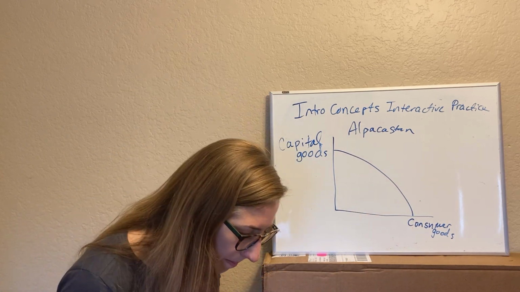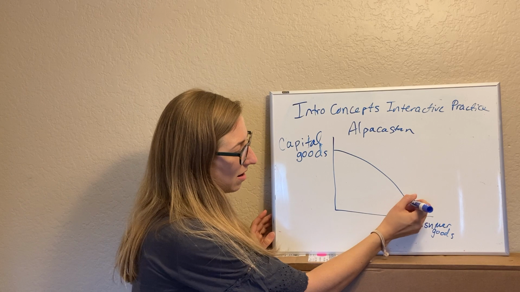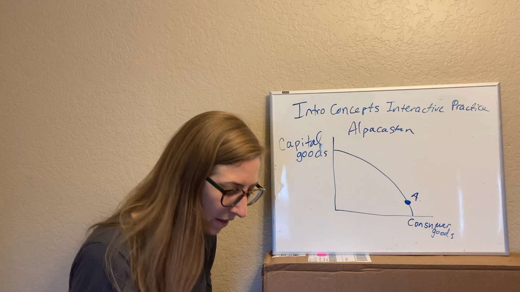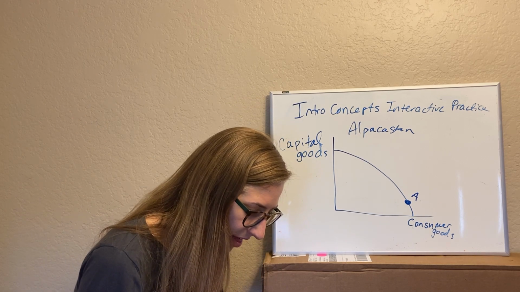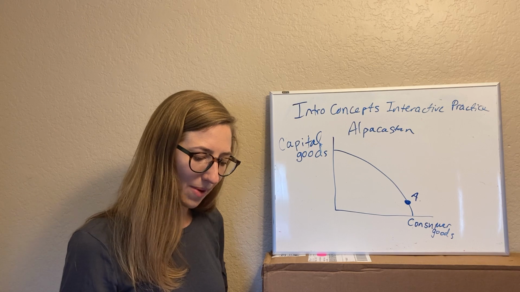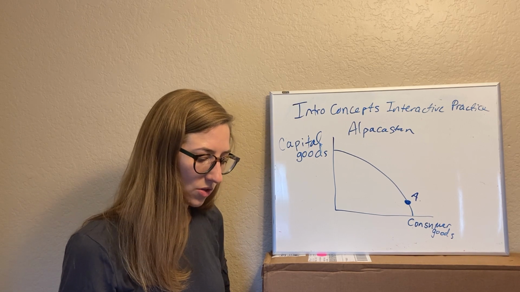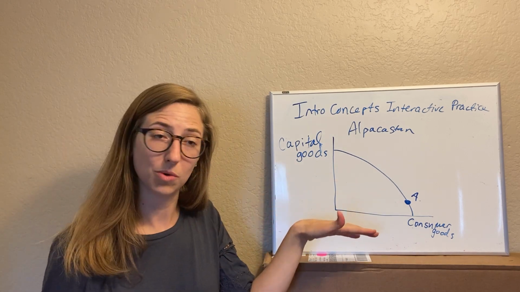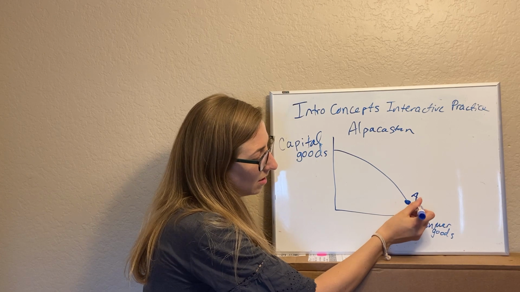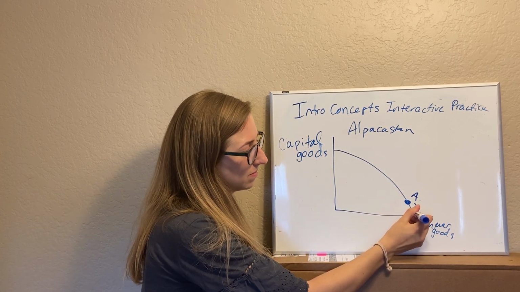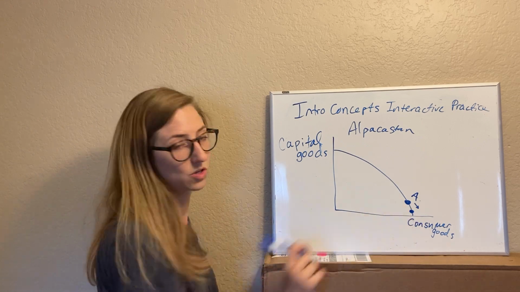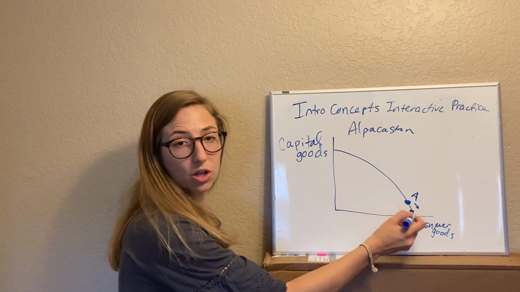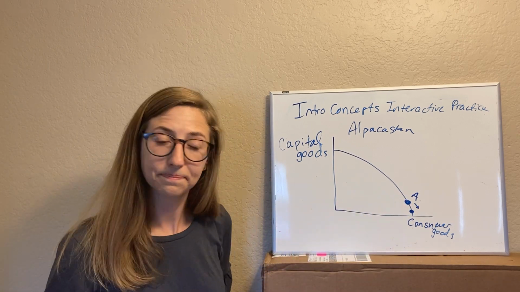Okay. All right, so they're producing mostly consumer goods. So we're going to put a dot on the production possibilities curve showing them producing mostly consumer goods, label it point A. Then we're going to show the change if consumers in Pakistan start demanding more goods and services. So some companies switch from making capital goods to making more consumer goods. So in this new point, they're going to make less capital goods, more consumer goods. So we're going to switch from point A to the new point, and we draw an arrow to show the change. Your new point could be anywhere closer to the consumer goods axis than your original point A.